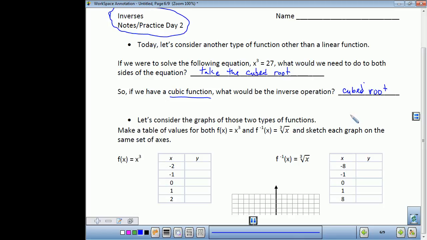Alright, guys, let's settle down. Whose trash is that? That's mine. I'll throw it away. Alright, thank you. Okay. So,